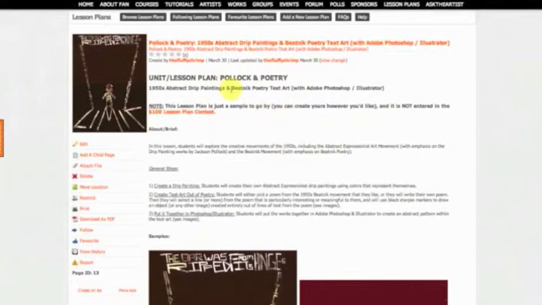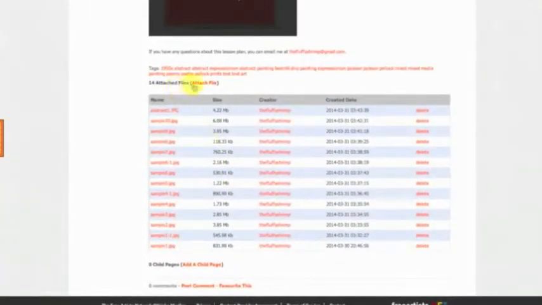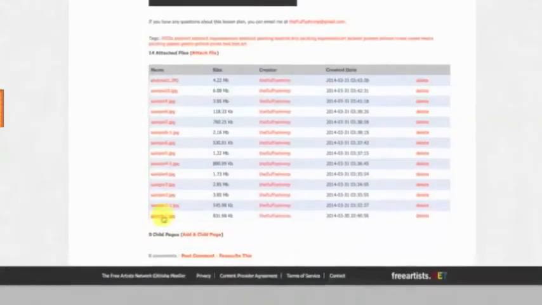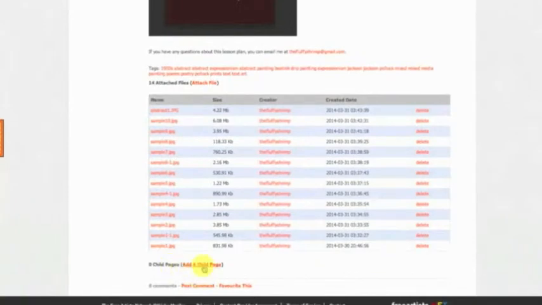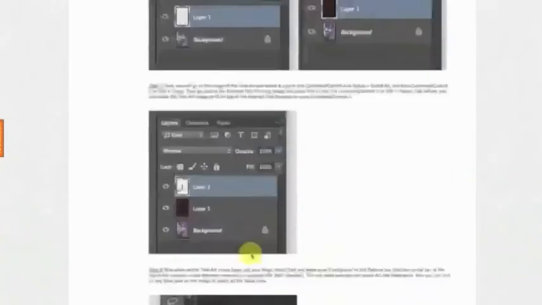You can, similar to a blog post, also add text, images, you can even embed video. At the bottom of the lesson plan, you can even include materials under attached files. So anything relevant to the lesson plan can be located here. And if you want to do an entire unit of lesson plans, you can actually add something called a child page. And a child page would just be like a second lesson that relates to this one. So this could be lesson 1, and then a child page could link you to lesson 2 in this unit, and so forth and so forth.